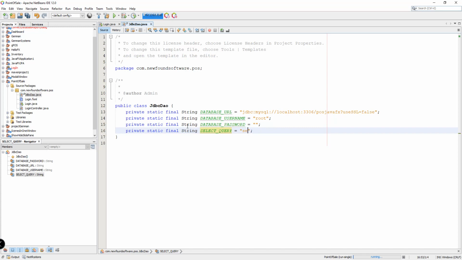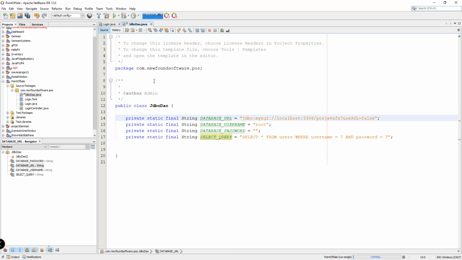So that will be select all from users where username equals question mark and then password equals question mark. Okay, there you go. We have these variables right here,